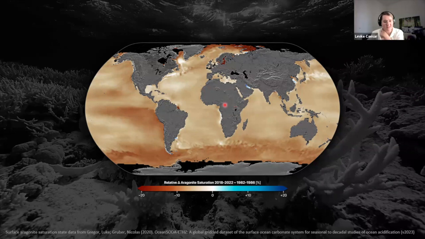And what you can see here is that the areas that are most impacted are actually the Southern Ocean and the Arctic Ocean, mainly because the water temperature is that cold, and that means that the Aragonite saturation state is already potentially lower, and we therefore see the percentage change is bigger. And the problem that we have is that for some polar regions, the water is already now undersaturated, meaning that the water is no longer chemically favorable for organisms to build their shells.